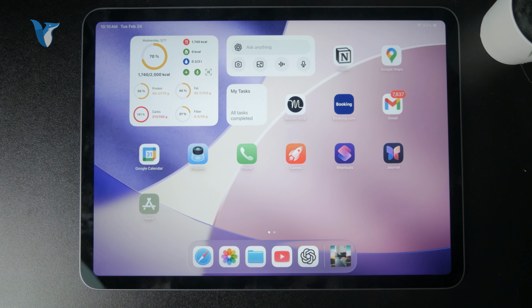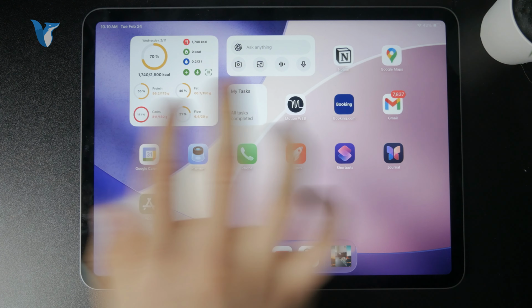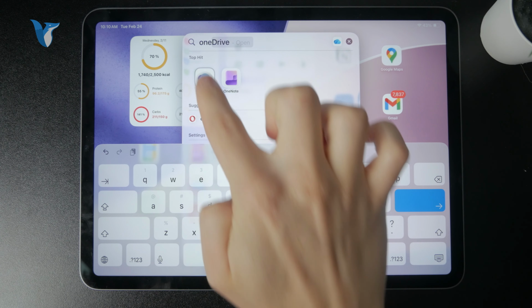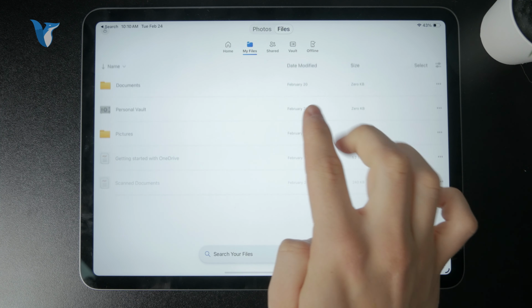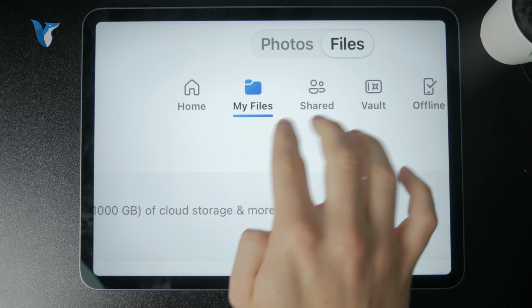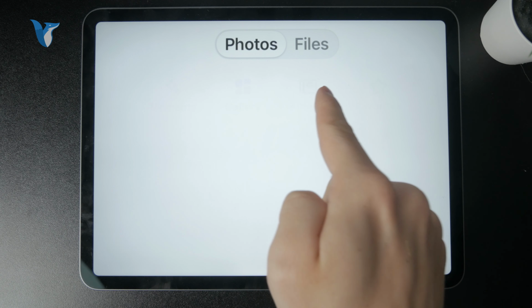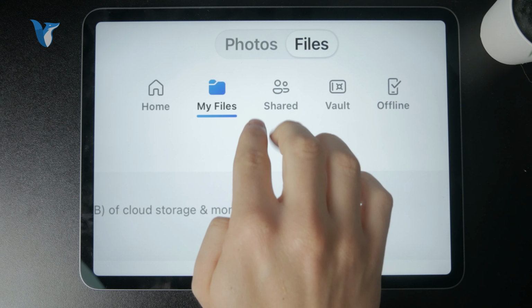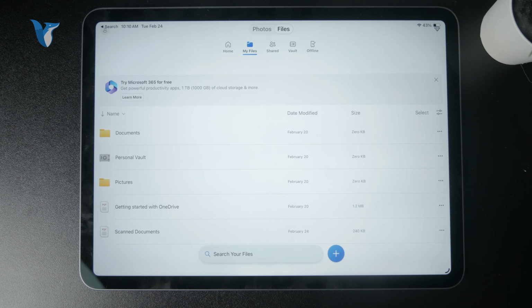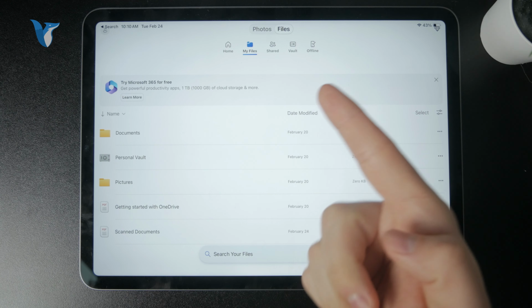But then once you sign in, there are two sections within the app. There is the photos and the general files. Just like in Google's platform, you have the Google Photos app, which is for pictures only, and you have Google Drive, which is for generally any file type. Similar here for the Microsoft platform, you also have photos and files separated. So you can go to the files, go to the My section, and whenever you want to upload something